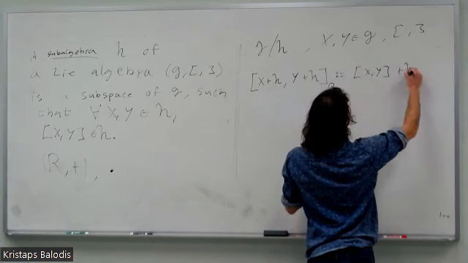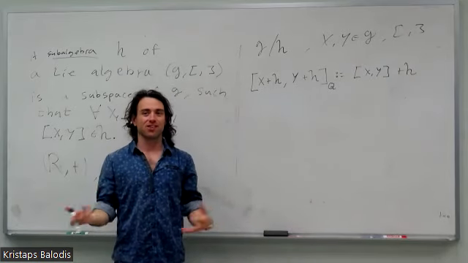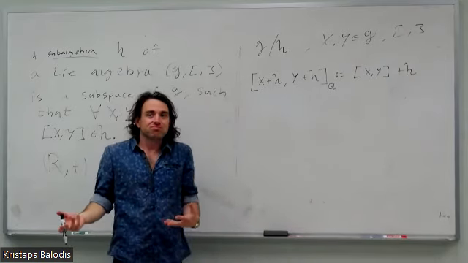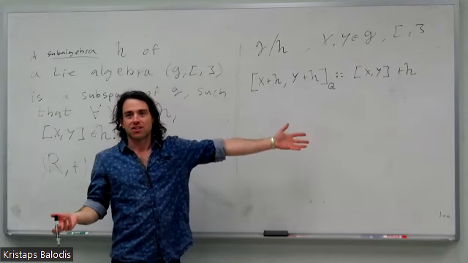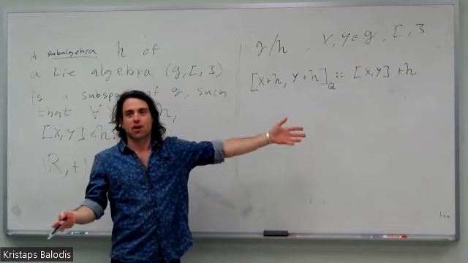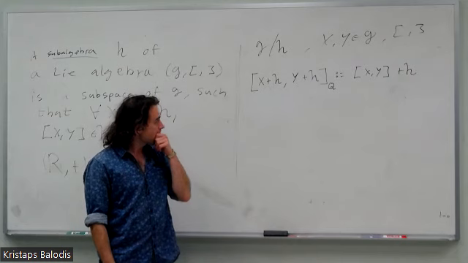Well, it's the only thing you can possibly try, right? I've got these representatives, they live in G. I'll define it to be the equivalence class, the coset defined by that bracket of x and y, right? And